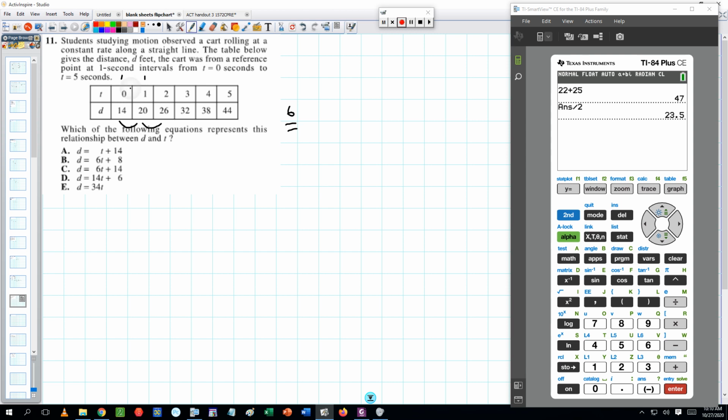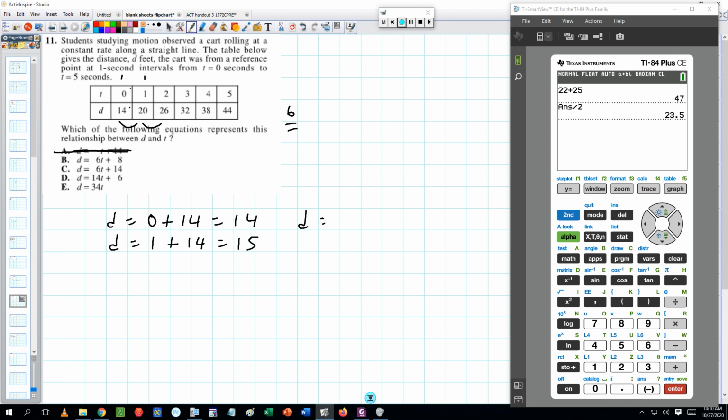So a 0 goes in, a 14 goes out. So D is equal to, let's try choice A, 0 plus 14 equals 14. Good. Let's do it for the 1. A 1 goes in, and we get 15, but we should have got 20. A is not our answer. B,